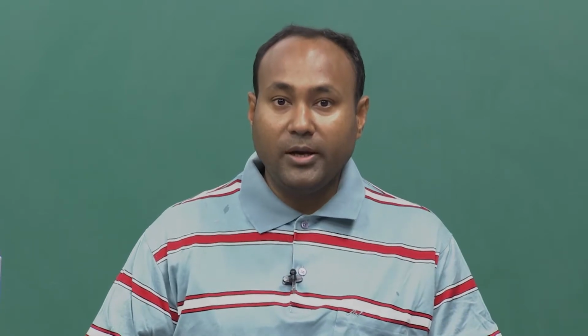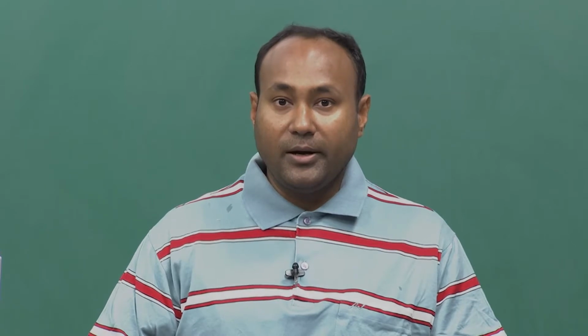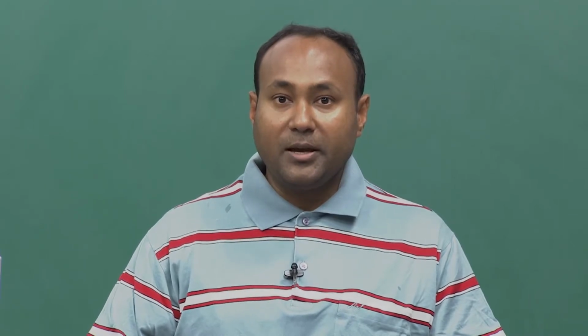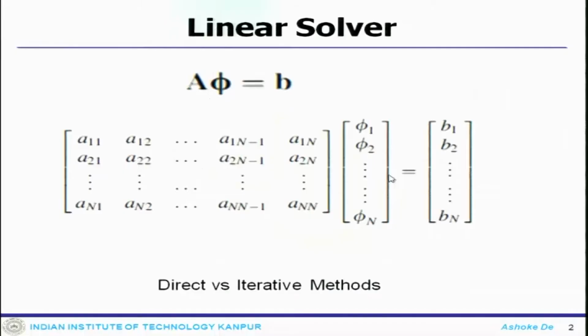But now, since we have reached the linear system, we need to know certain properties before we have a solution for the linear system. So we will move to the next section and discuss a few important properties of a linear system before we discuss the linear solver and the convection diffusion system in our second series, finite volume 2. So, we will move to the next section on the properties of the linear system.